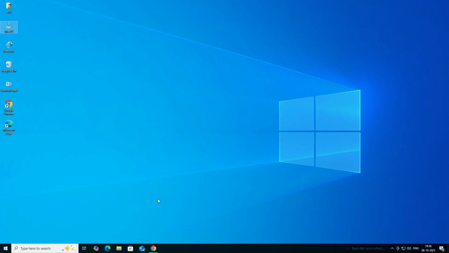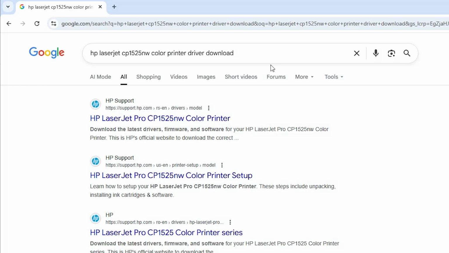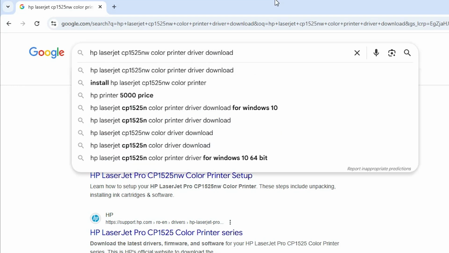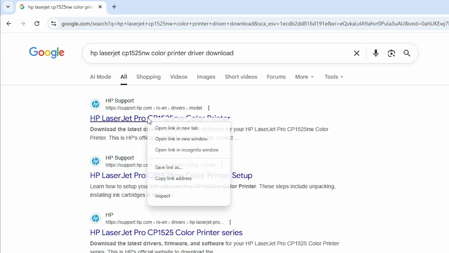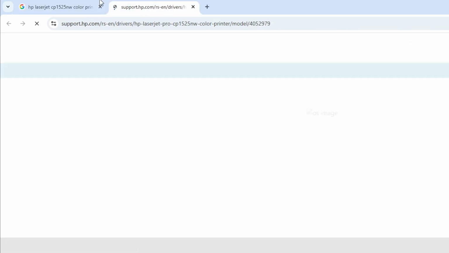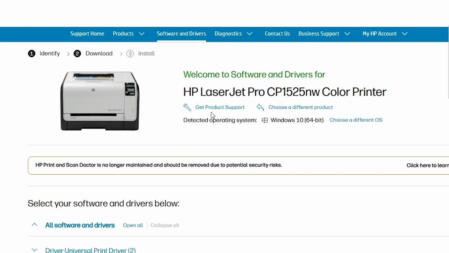Go to any web browser that you like. I am going to Google Chrome and here type LaserJet CP1525nw color printer driver download and hit the Enter key on your keyboard. Go to the first link, support.hp.com, the official website of HP printers. Open the first link. Here we find our printer name, and here we find